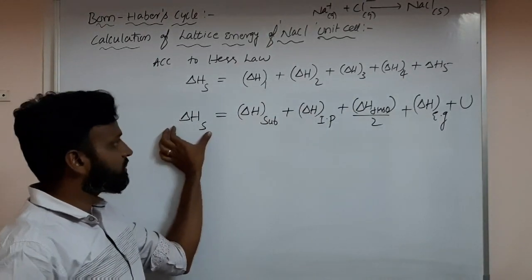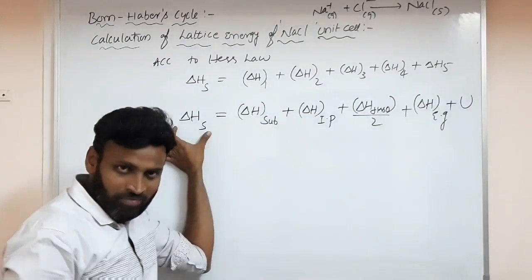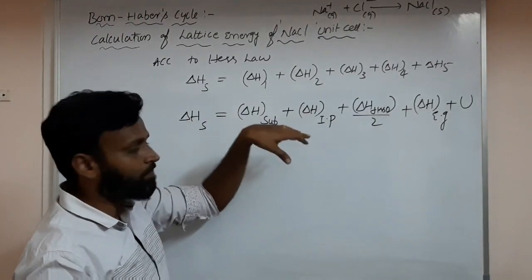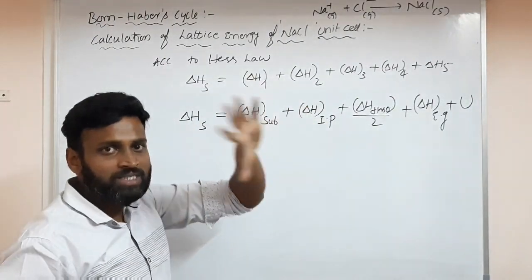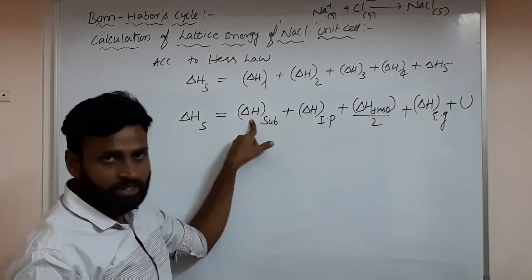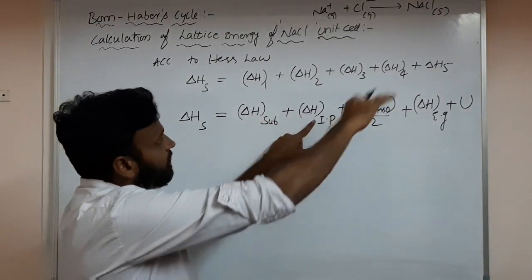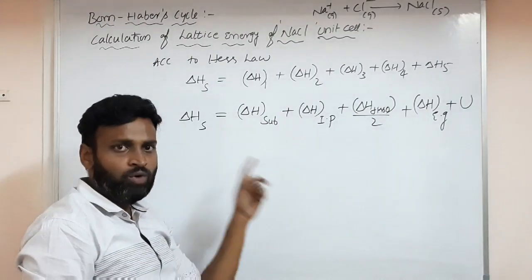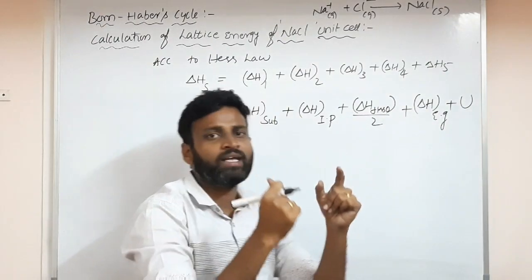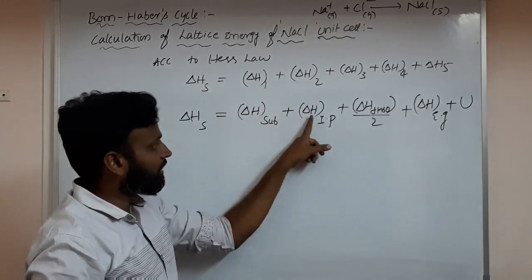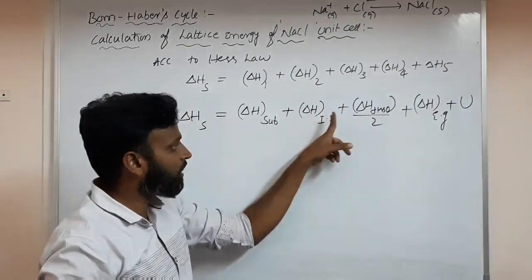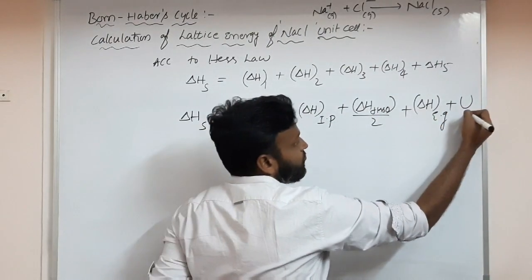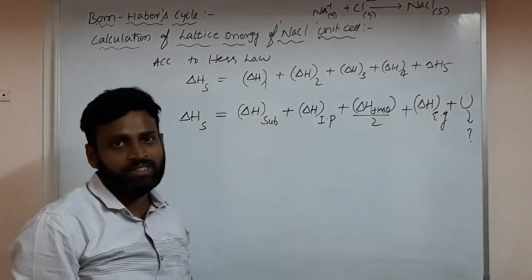So the total amount of energy in the single step is equal to the sum of the energies of multiple steps. Here in NaCl formation, the multiple steps are 5. First, sublimation of the metal. For NaCl I have written this, but for any crystal lattice this is the process. If 1 mole of cation and 1 mole of anion are combining, then first the metal must be sublimated. The metal has to lose an electron, which means ionization potential is required. They will give the values and we have to substitute them in this process. Then finally, what is U?